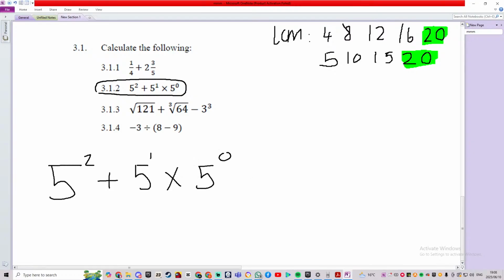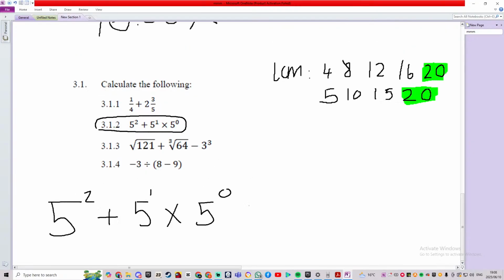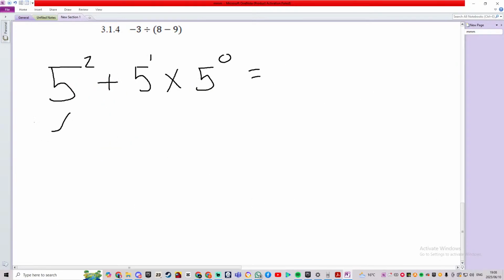I'm going to look at my exponents first. 5 to the power of 2 means 5 times 5, which we know to be 25. So that first one is 25, plus 5 to the power of 1, we know that's just 5,